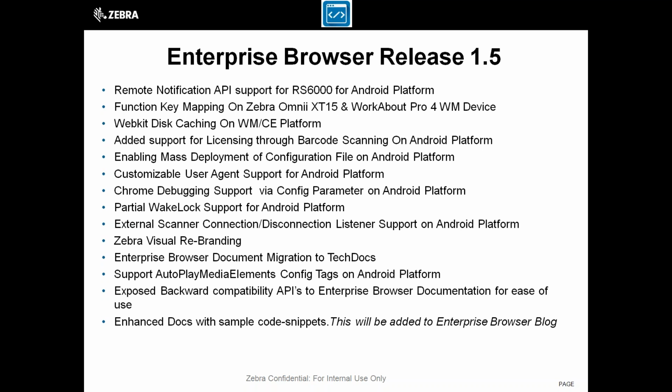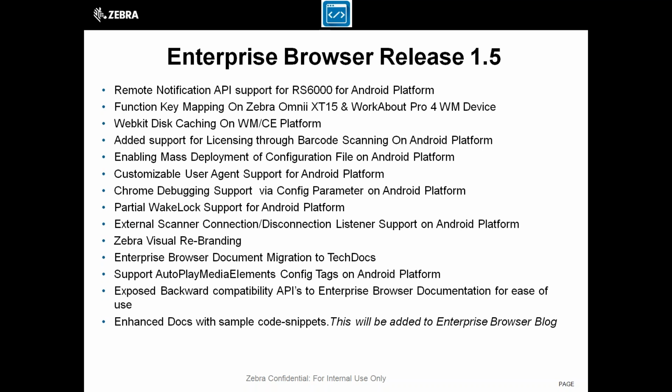We have support for external scanner hardware on the Android platform, which gives the status when the external scanner is connected or disconnected. Then we have also rebranded the Jabra visuals, like the icon and splash screen, based on the organization standard.